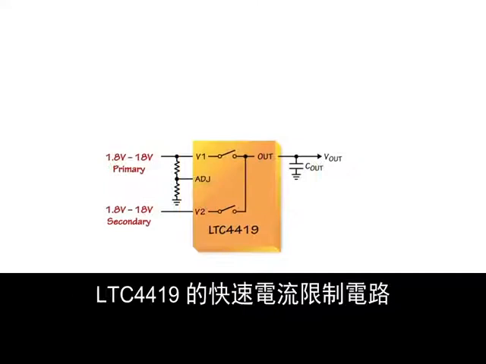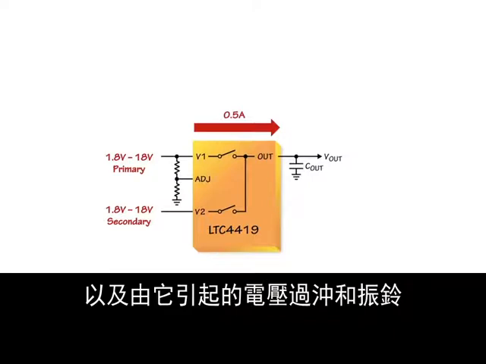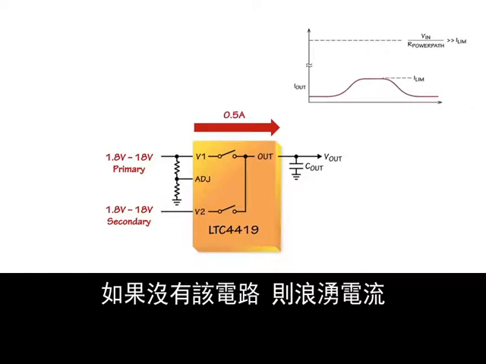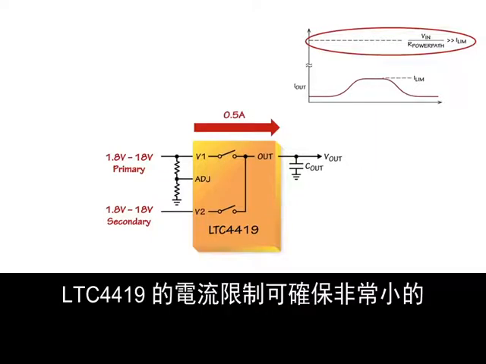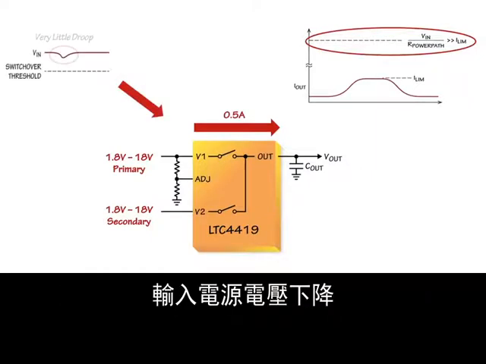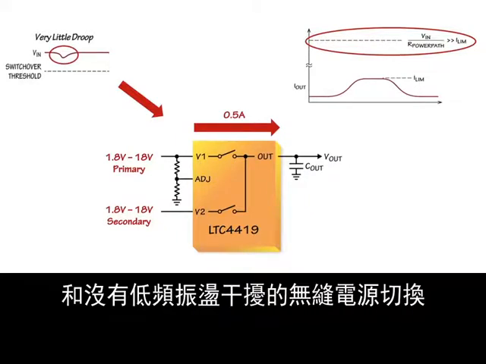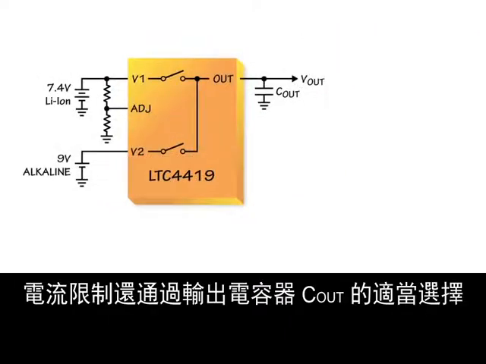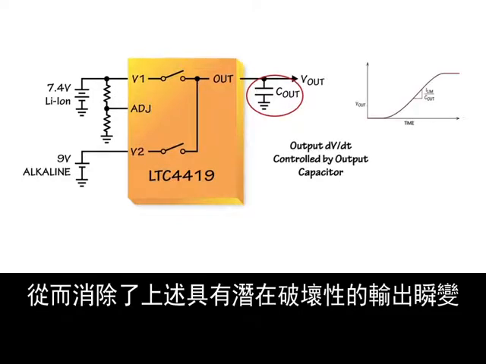The LTC4419's fast current limit circuitry prevents large inrush current and associated voltage overshoot and ringing. Without this circuitry, the inrush current can be as high as the input voltage Vin divided by the power path resistance. The LTC4419's current limit ensures very little input supply droop, resulting in smooth power up and seamless switchover without motorboarding. Current limit also provides output slew rate control through the appropriate selection of output capacitor Cout, eliminating potentially damaging